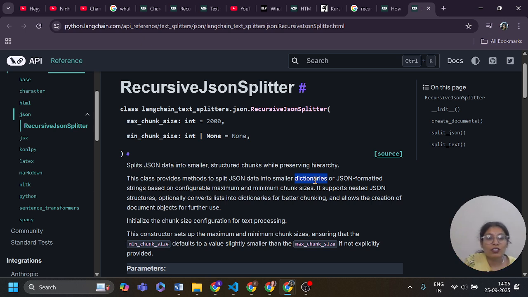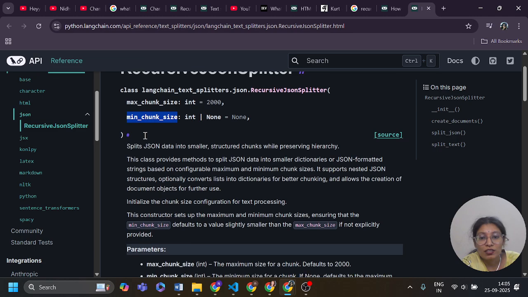Here I am going to pass the maximum chunk size and minimum chunk size. The class is LangChain text splitter, recursive JSON splitter, and inside it max chunk size and min chunk size.